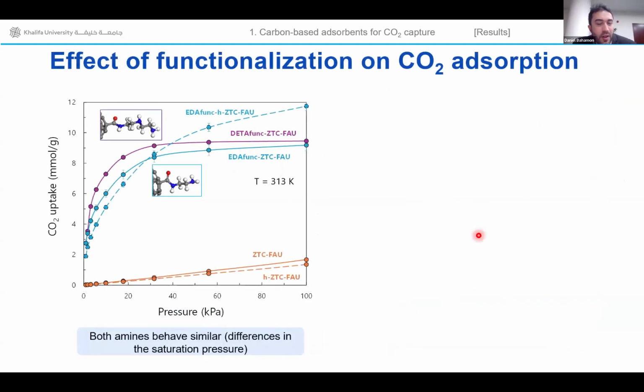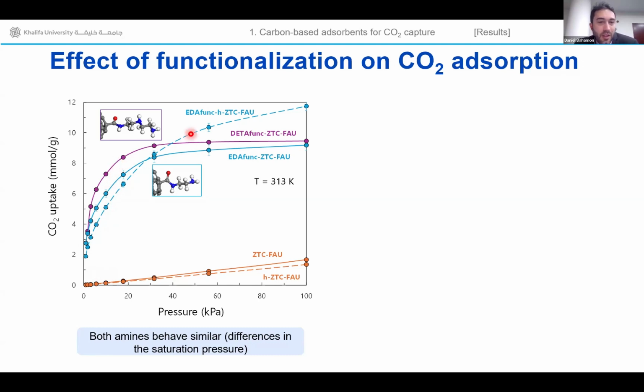For the results, this is very interesting. I'm showing here the initial information for, for instance, the parent structure. As I told you before, there is not much interaction at very low pressures. You might see that you can get, let's say, 2 millimoles per gram at a pressure of 1 bar or 100 kilopascals, which is not that much. But when you functionalize this material and you assume this chemisorption state, you can enhance the performance at very low pressures, and you can increase this capacity from, let's say, 0.2 up to 8 millimoles per gram.